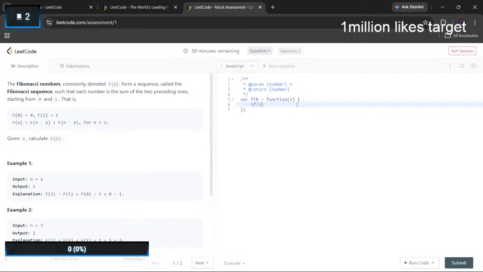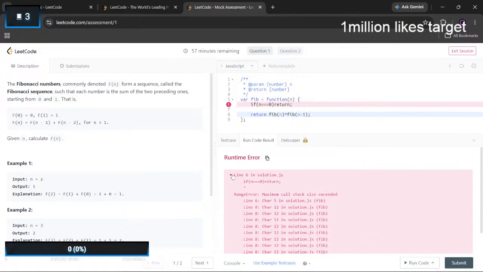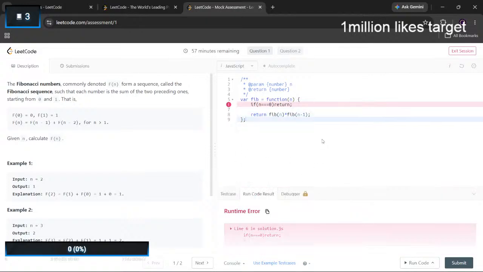So if my n equals 0, then we are going to return. Otherwise, return fib of n into fib of n minus. Maximum pass exceed.